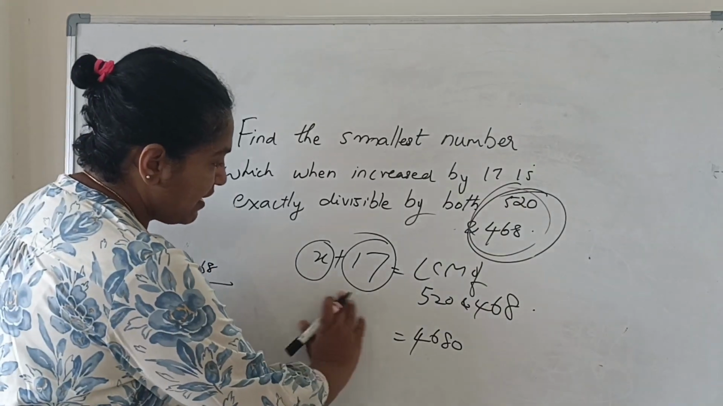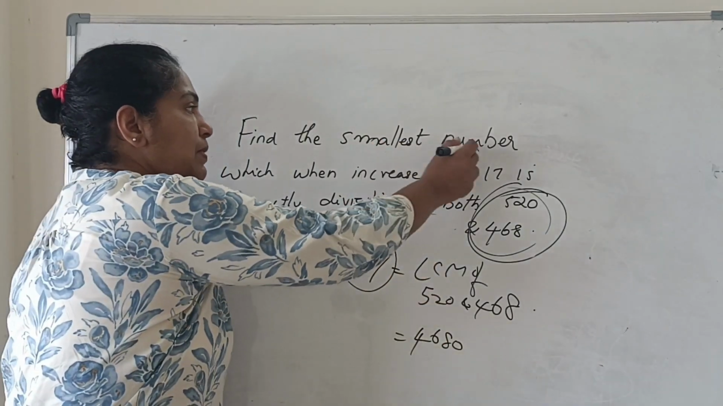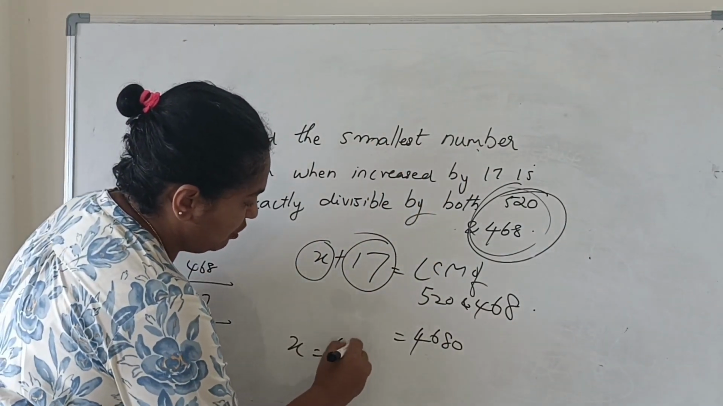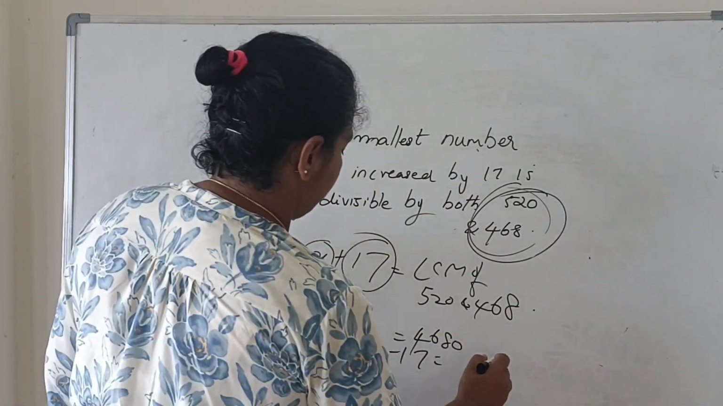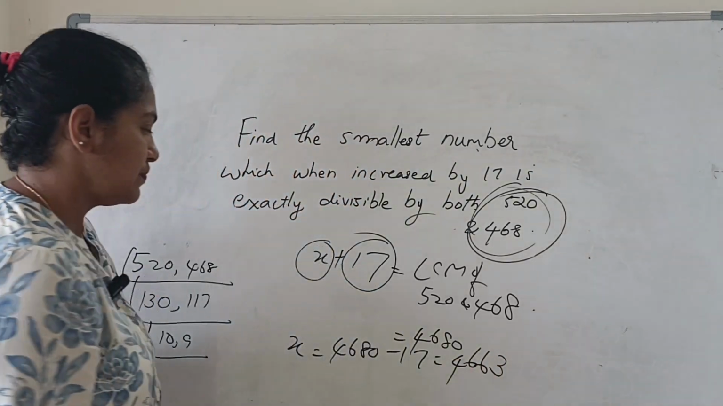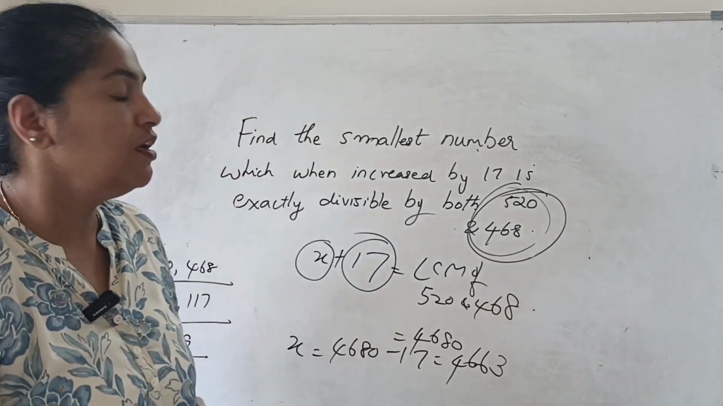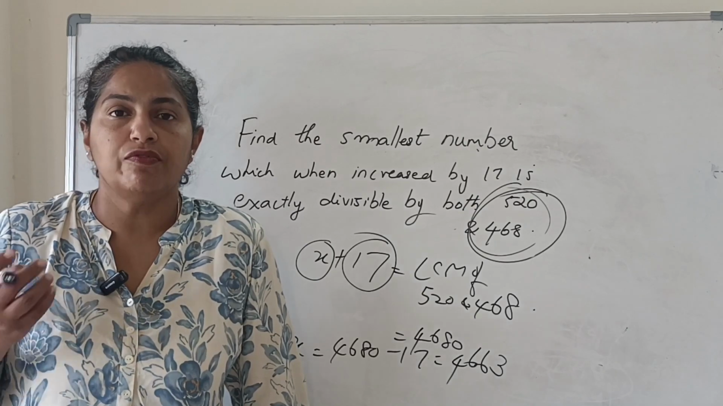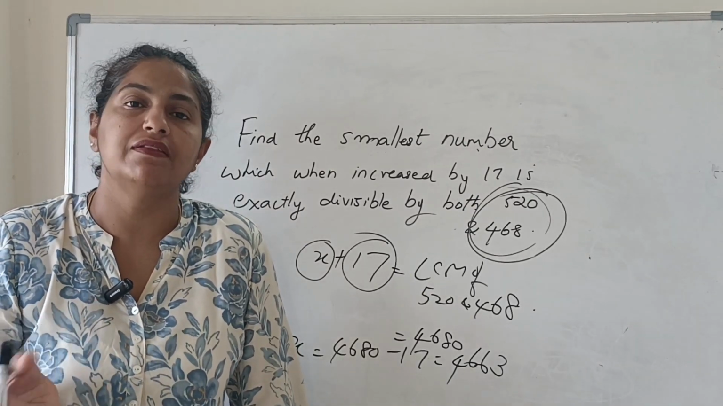Okay. So x plus 17 is equal to 4680, where x is the number that has to be increased by 17. So what is the value of the number equal to? 4680 minus 17. So what do you get? 4663. Okay, I hope once you understand the concept very clearly, you will know how to apply this concept to